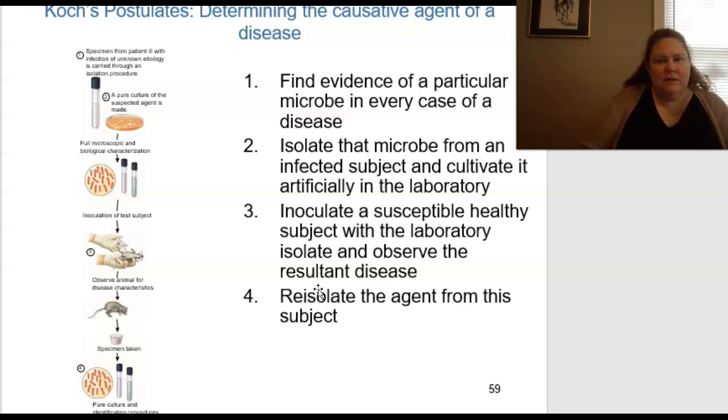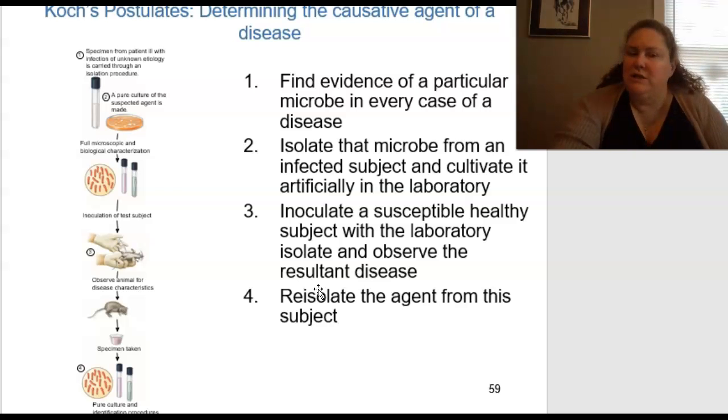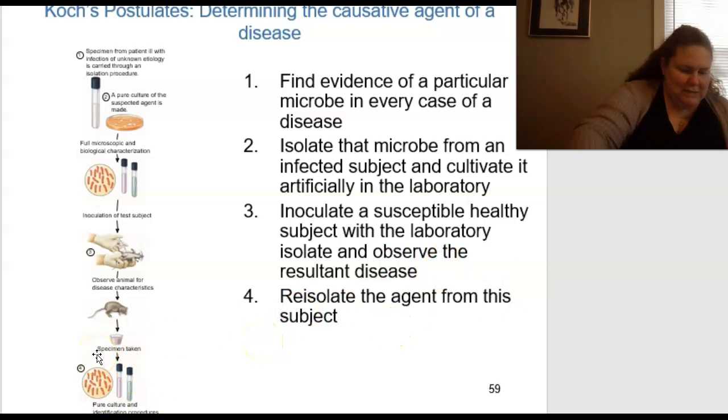And then this is a fun little thing on making a connection. This is figure 13.13 in your book, and this is Koch's postulates, determining the causative agent of the disease. Basically what they do, and what we're still trying to do with COVID, is find evidence of a particular microbe in every case of the disease, isolate it from the infected subject, and then cultivate it artificially in the laboratory. So this is how we found out that it was COVID-19. Then inoculate a susceptible, healthy subject or laboratory animal to observe the result. So we give it to a mouse or a rat here, and then we can re-isolate the agent from the subject. Then we can use that to develop vaccines, etc. So again,